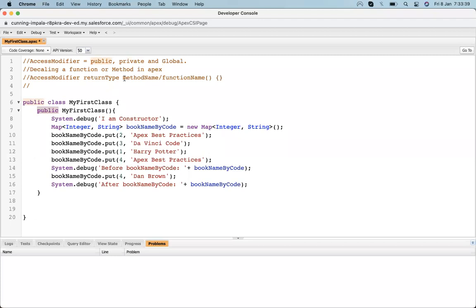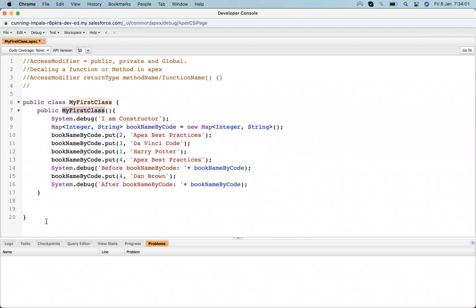Public and private is just about scope. If we declare any method as private, its scope will reside inside that class. Outside that class, we can't access that method.